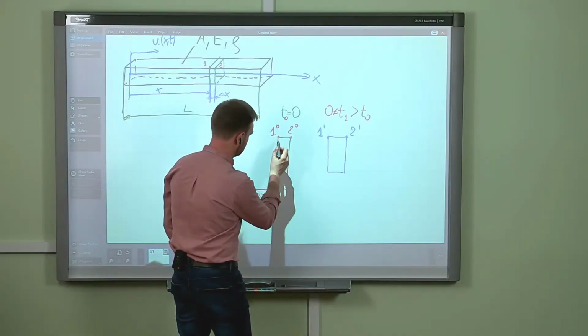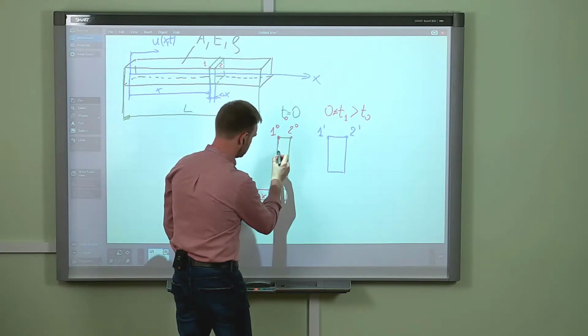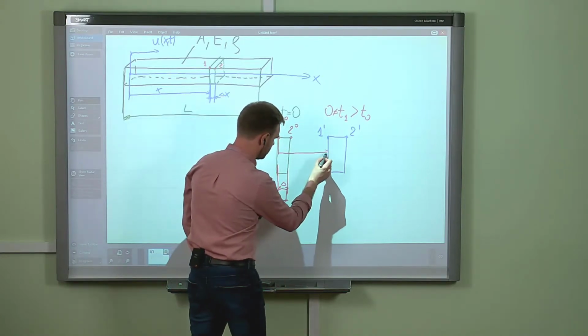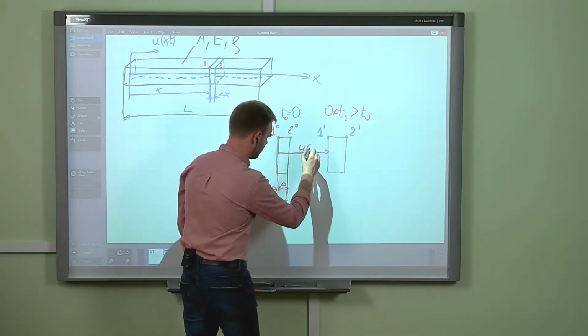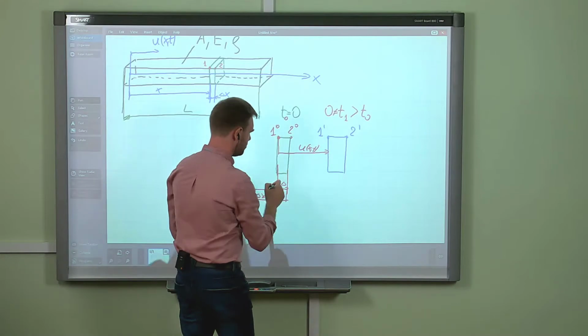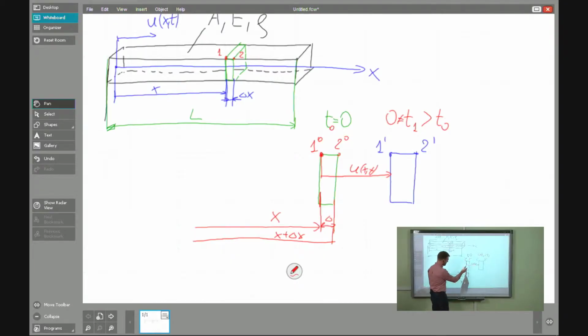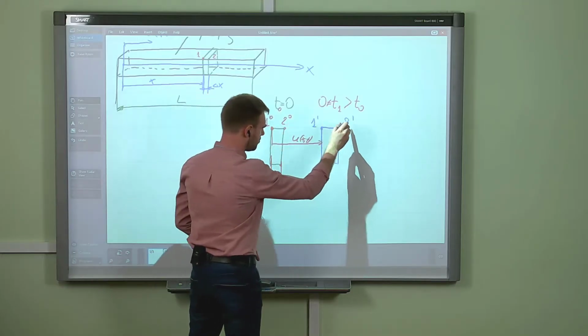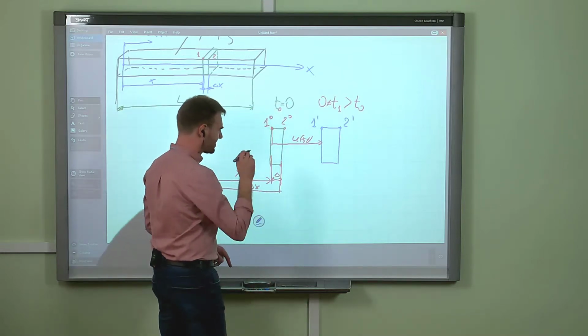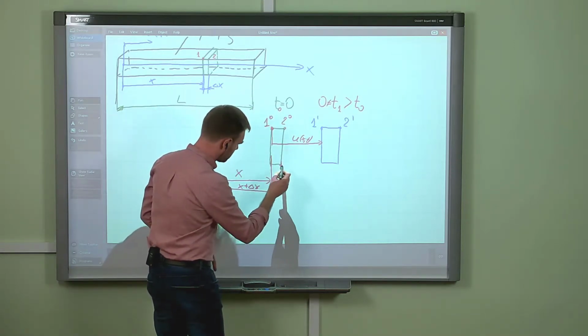It will be given as a displacement between the point 1, 0 and 1 prime, and it's given by the function u of x and t, because here we have the position x and time t, let's say, the general time. And the displacement from 2, 0 to 2 prime is given by exactly the same function, but